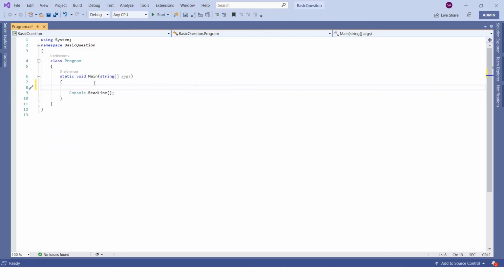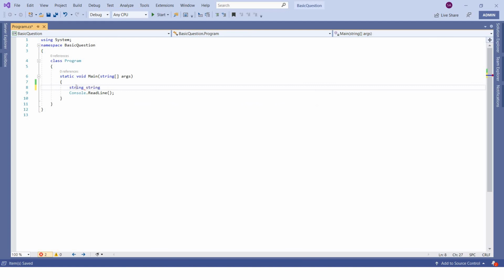So I have just created a sample console application. To declare any string variable, as I mentioned in part 3 and 4, you have to start with the type followed by the variable name.